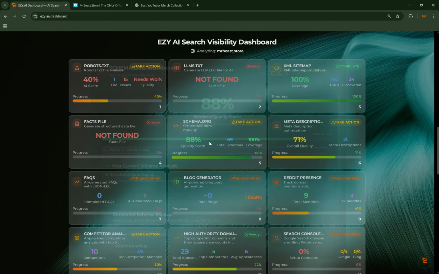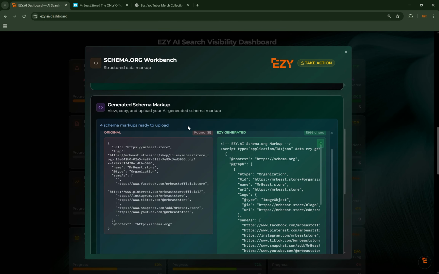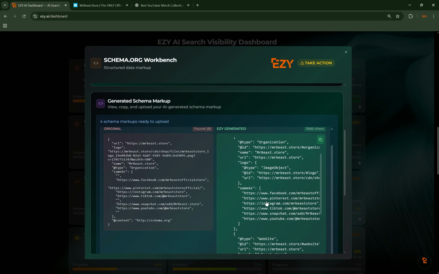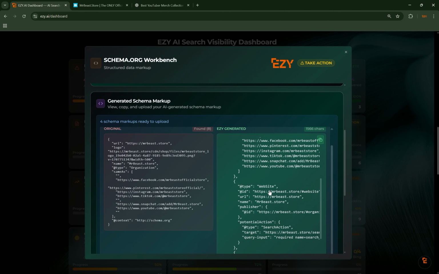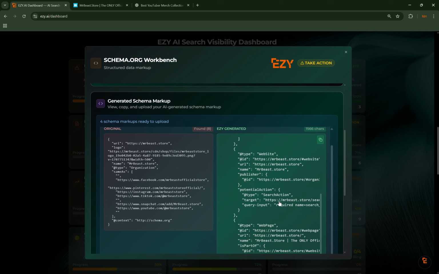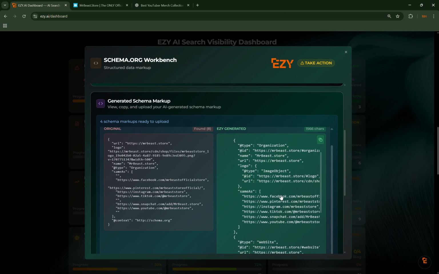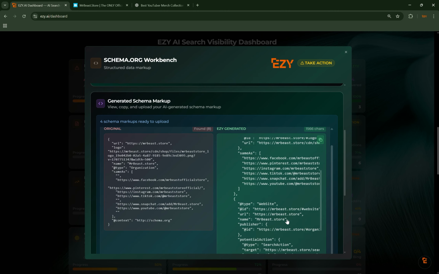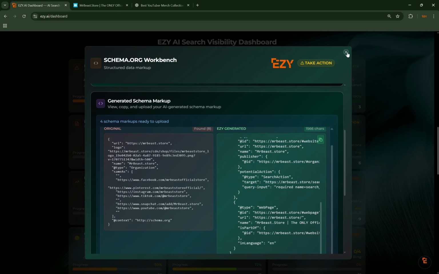So if we have a look, his sitemap's good, which is great. He doesn't have a facts file. Let's just have a quick look at his schema. Now, schema is JavaScript that's injected onto your website. Here is his schema. It's very basic. It's just a collection of facts. Here is Easy-generated SEO or AEO schema. As you can see, there's a type website, there's a search action, there's a web page. So what this is doing is structuring data so that large language models like ChatGPT know the name of Mr. Beast's organization, know that this is a web page within his organization, and it really just helps LLM optimization.